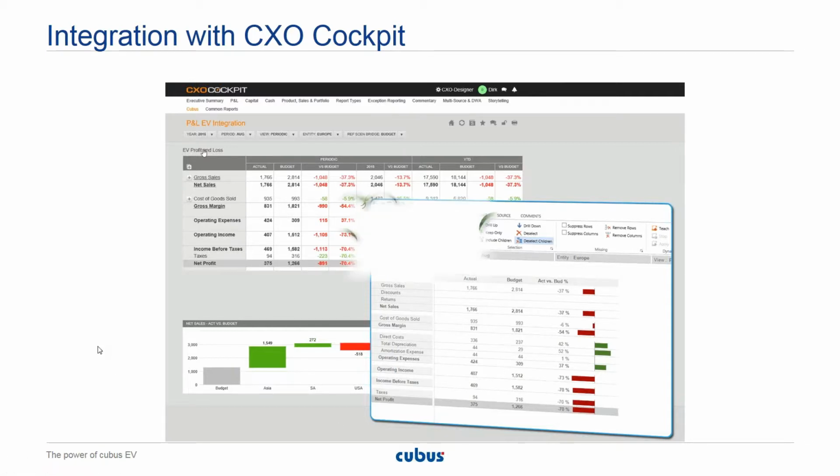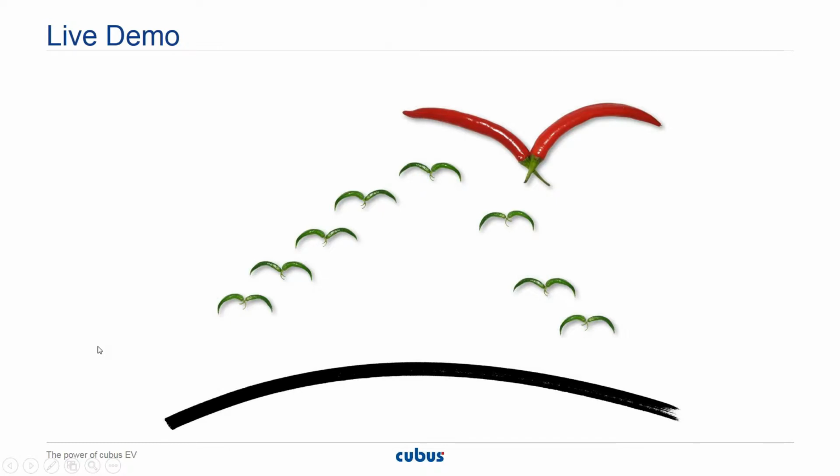So that's about my PowerPoint introduction to Cubus EV, and I will now start with the live demo. So I switch